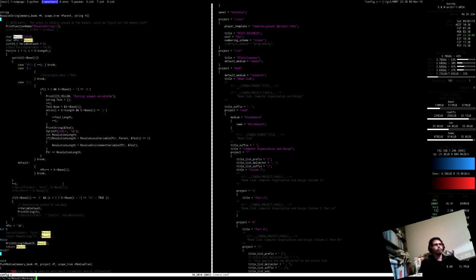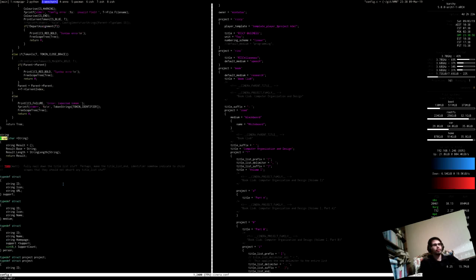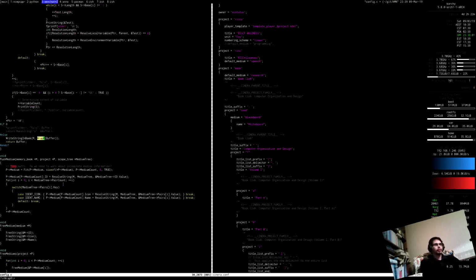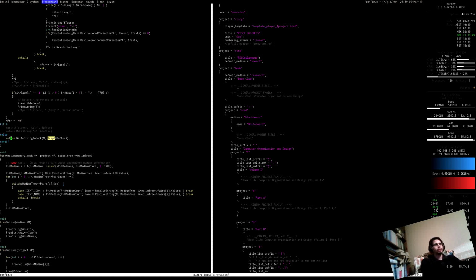I guess, working buffer. I mean, also buffer would kind of do it, wouldn't it? Write string in buffer is going to be, as we say, taking the memory book and this particular buffer. Do I have wrap 0 in this code base? I do. So yeah, if we return the write string in book,